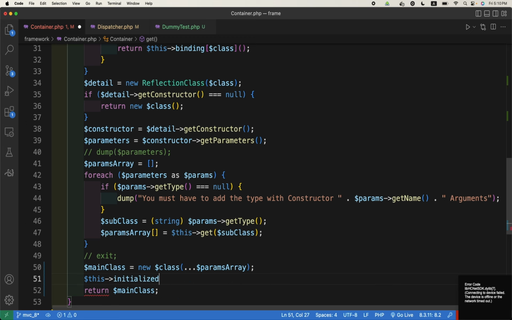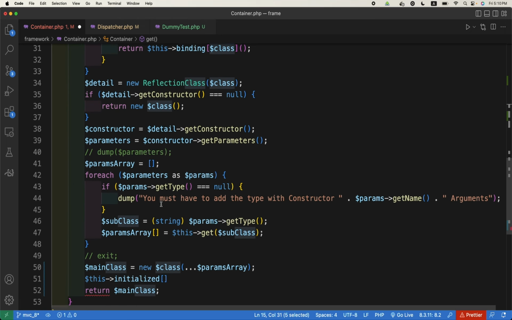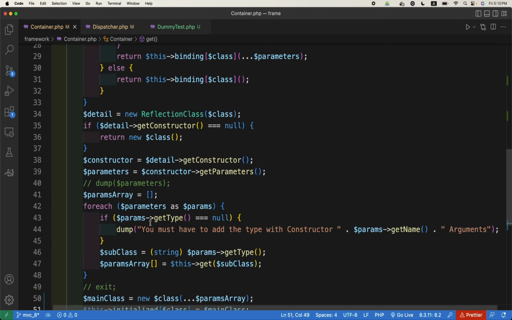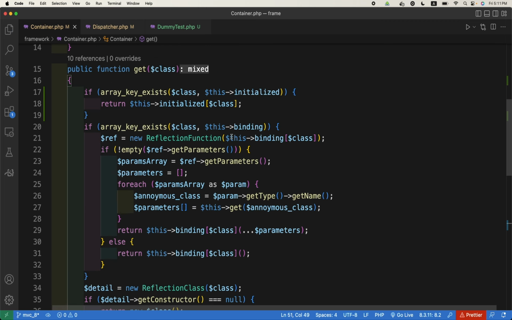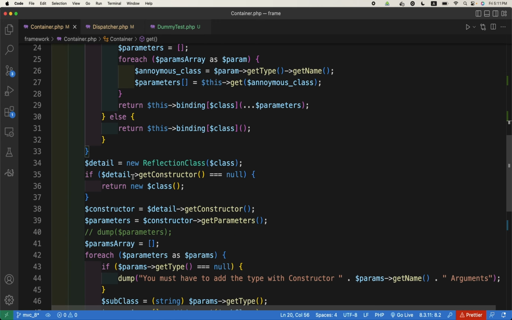This.initialized, this is an array, so the name of the class, it is sent to the function as class, right? So it will be $class and the value should be main class. So this is for the main one. If you remember, we have this one also. So here we initialize, this part is get constructor is null, so what we do is we return the new class. So here as well we should save it. So the new class,